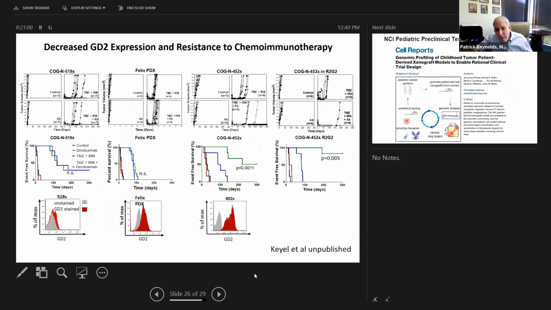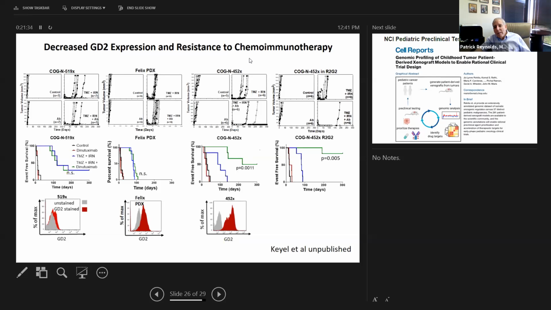Now, we mentioned the interest in immunotherapy and people using GEMs because of that. For studying the immune system, obviously you can't do that totally in immunocompromised mice, but I want to show you some data from Michelle Kyle in my lab that's unpublished, to show you that you can at least study antibodies. Dr. Modak's study showed us that there was likely a really good benefit to adding dinutuximab on